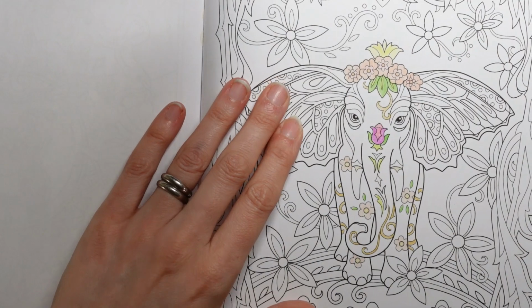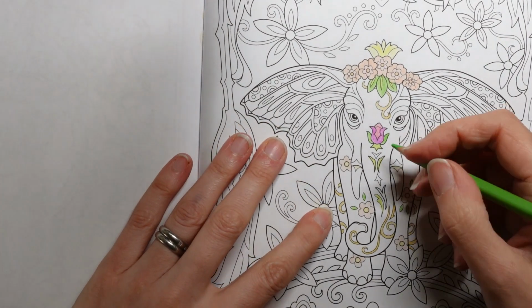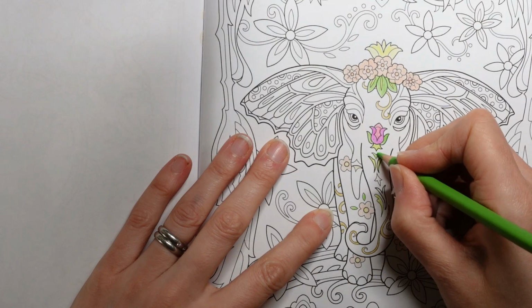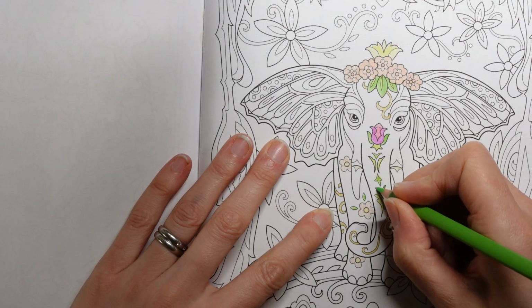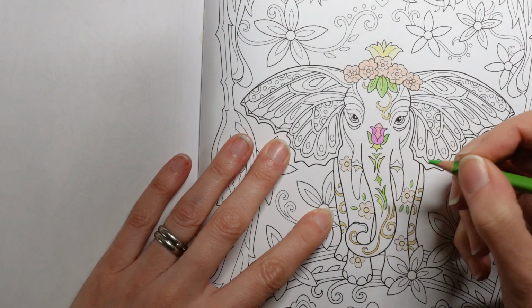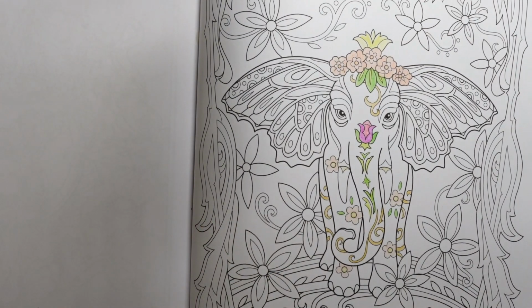That's nice. I like that. And here we've got another green. It seems slightly lighter. It's sort of next to the bluey greens, but I don't think it is bluey green. Let's have a go. I think it's just a different shade. I think it's more of a mid-green. Even a bit limey, maybe. It's nice. I should have sharpened it. I can't stay in the lines. Yeah. Right, now we've got a sort of